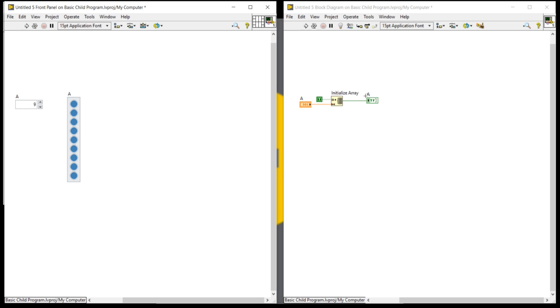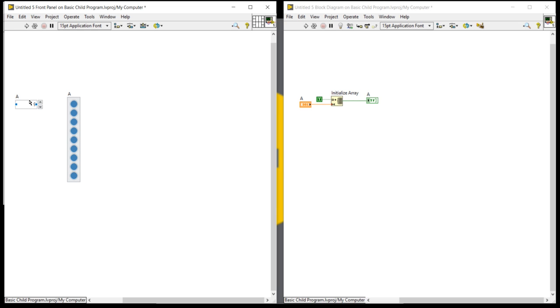Now, I am writing this logic only for one digit number. Okay, only for one digit number. That's why it's 0 to 9.